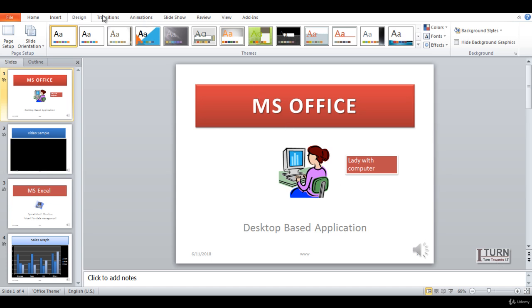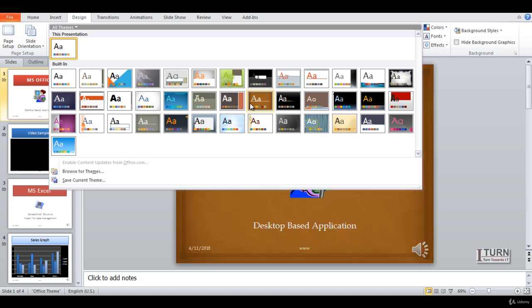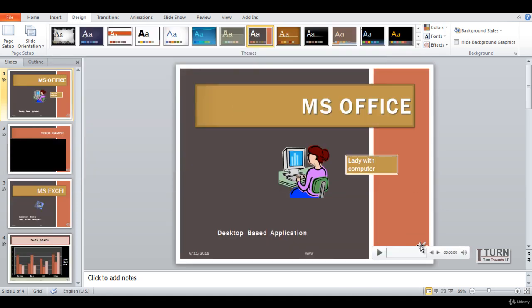So in order to understand this you need to go to design, and here already we have 4 slides you can see, and these are the themes, predefined themes which you can use. So I'm clicking over here and these are the theme options which are available. So let's say I'm going for this particular theme or this one. So this theme has been applied here,